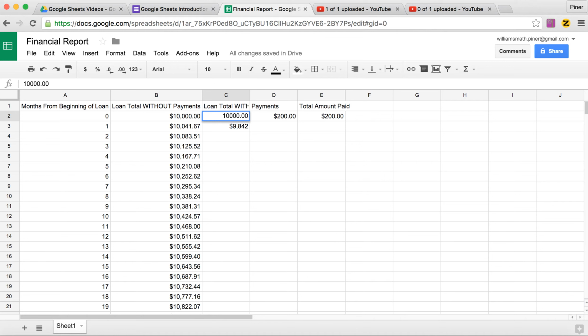And I forgot to include cents here. Oh, now it's not going to let me. That's okay. So we can see that I would still have to pay really $41.67. But I took away $200. And so now I only owe $9,842. Let's look at the formula I wrote. I took the last total amount from cell C2